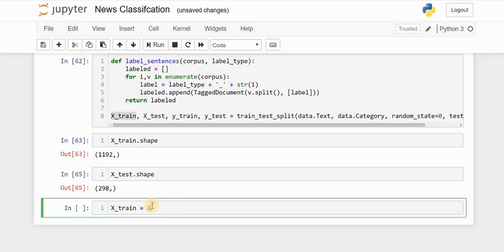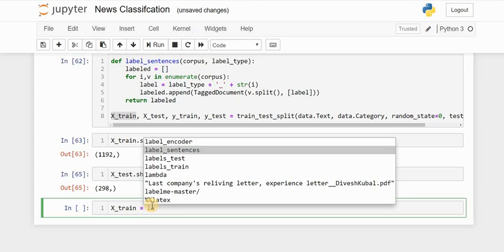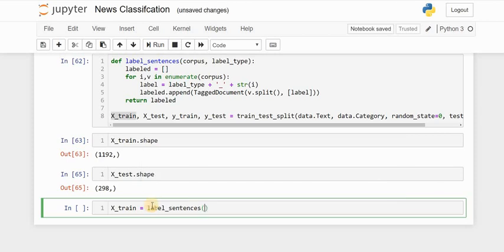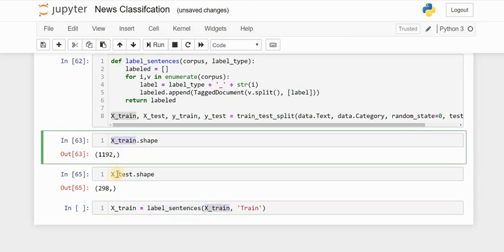First we will combine the data. I'll take a variable and override the xtrain variable, and I'll call the label sentences. For these label sentences I have given xtrain, which is nothing but an array of 1192 data points, 1192 news articles.